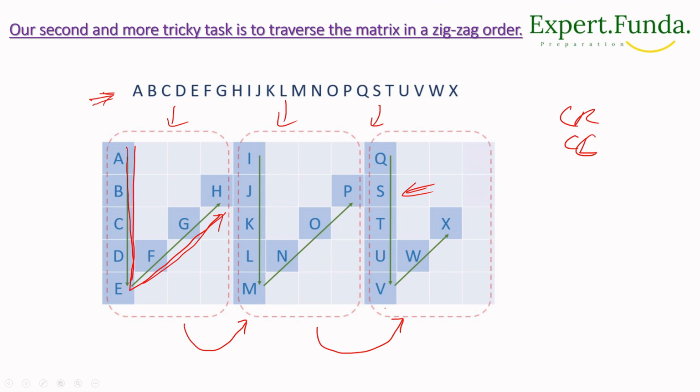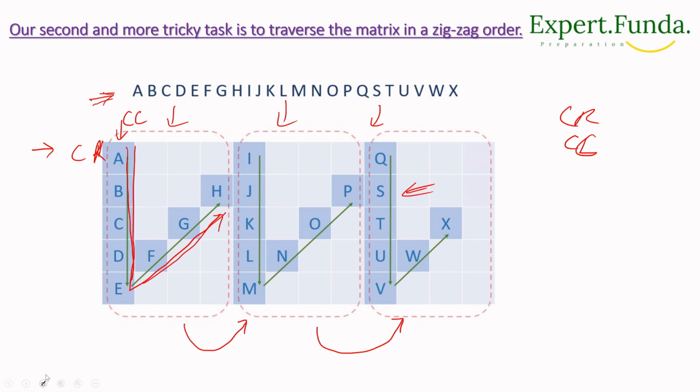So for each step we will take one current row, which we can call CR, and this is our current column, CC. So like this we will go. Okay, so first let's go like this. Now, while moving from top to bottom in a column,